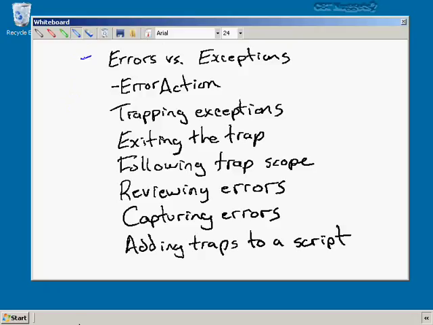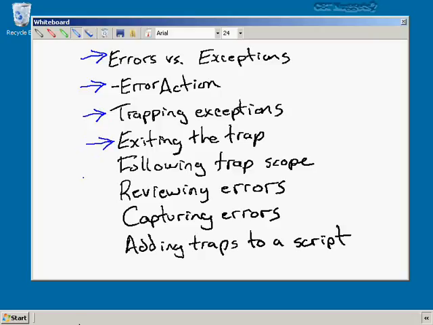We'll start by looking at the differences between errors and exceptions, because that can be a confusing part about the way PowerShell works. We'll look at the -ErrorAction parameter, which allows us to create exceptions that we can trap, and then of course we'll look at trapping those exceptions. Inside of a trap is where you deal with the error, either try again or maybe log an error to a file, and when you're done you want your script to try and continue doing whatever it can,